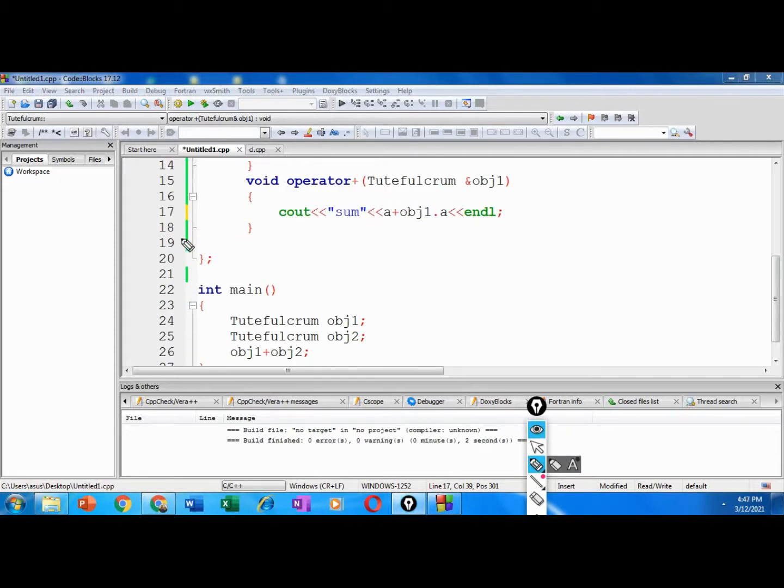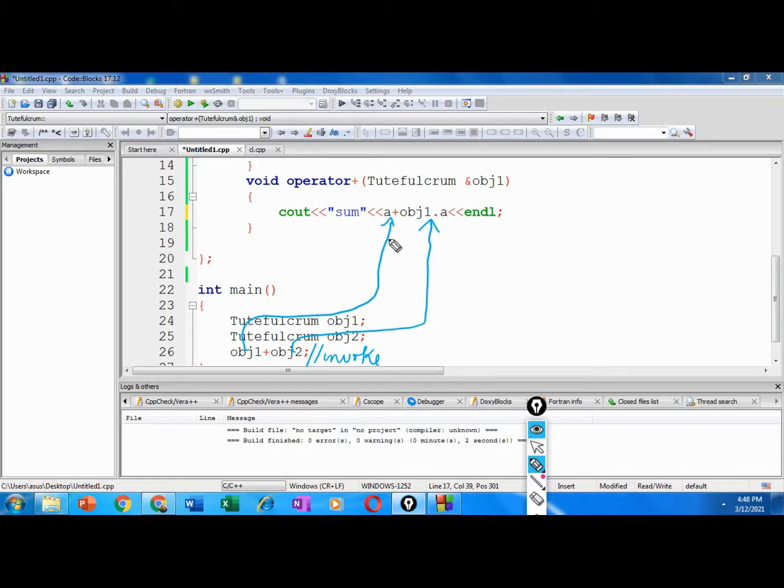So when you invoke your operator overloaded function, this is how you invoke. So when you invoke this here, this A is referring with respect to obj1. You don't have to specify it like obj1 dot A, no need of that. And the second object is the one that is passed as an argument to your function. So this is referring to the second operand. So this is how you overload a binary operator as a member function of the class.